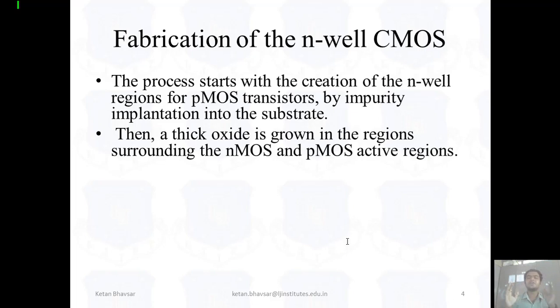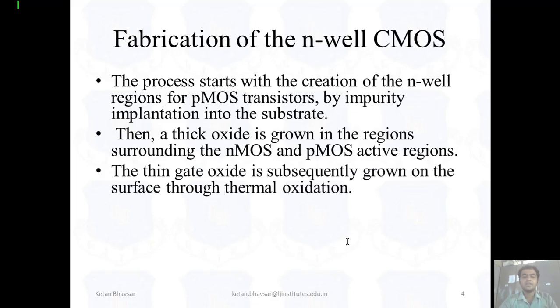After taking the substrate, you have to add a thin layer of oxide which provides safety, or we can say it provides protection to the surface. Now, how is the thin oxide layer implemented on the substrate? With the help of the thermal oxidation process, you apply the thin layer of oxide all over the surface.